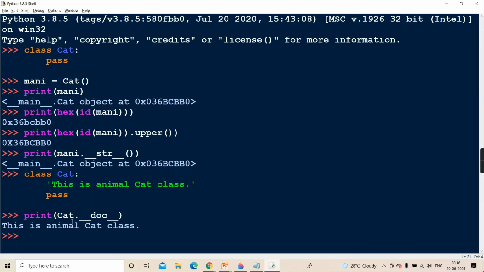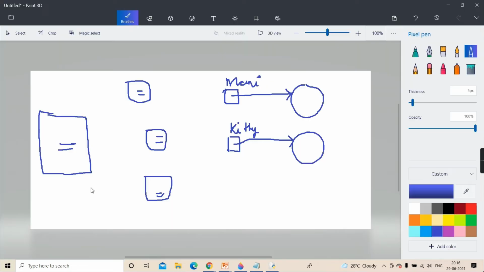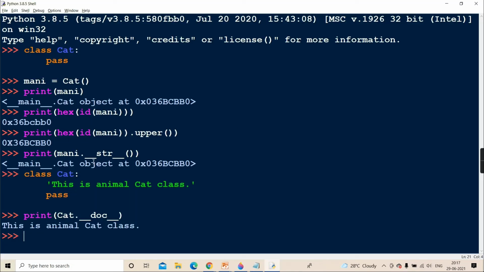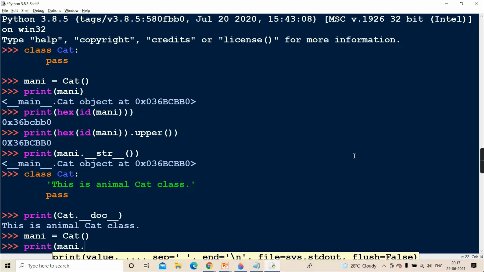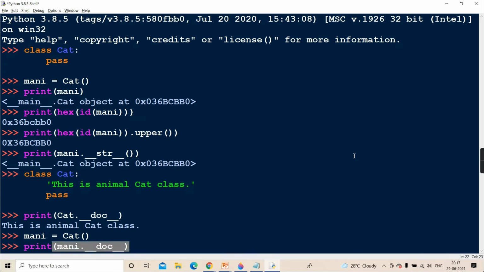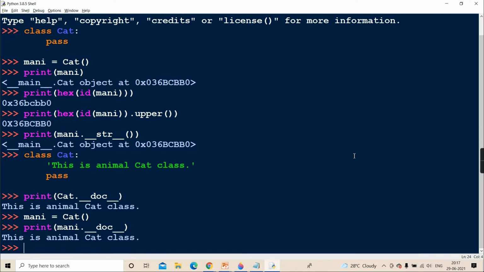Okay. So if it is class data, you'll access it by class name. But can I access class data by object name also? Can this object also access this class data? Yes, it can. Getting? Because it is shared by all. Like here, if I create money equal to cat, and still I am trying to access money dot __doc__, it will print the same string. Actually, it is not for the money object. It is actually common to that cat class. And kitty also can access it and money also.